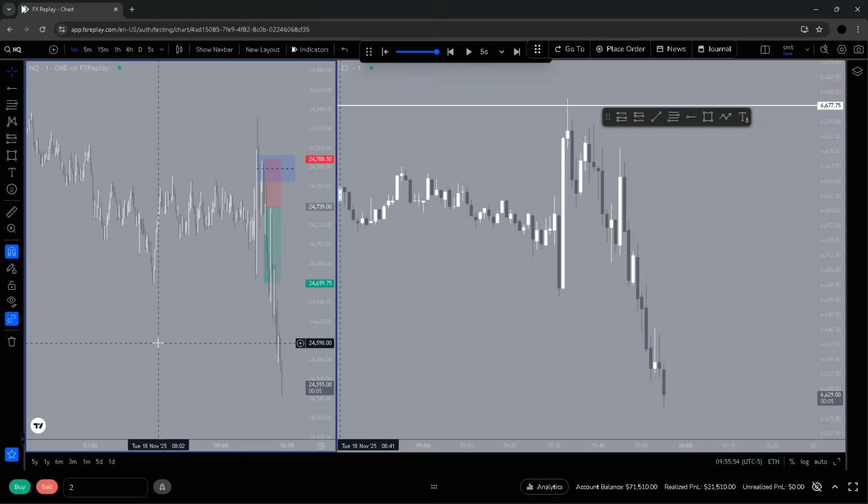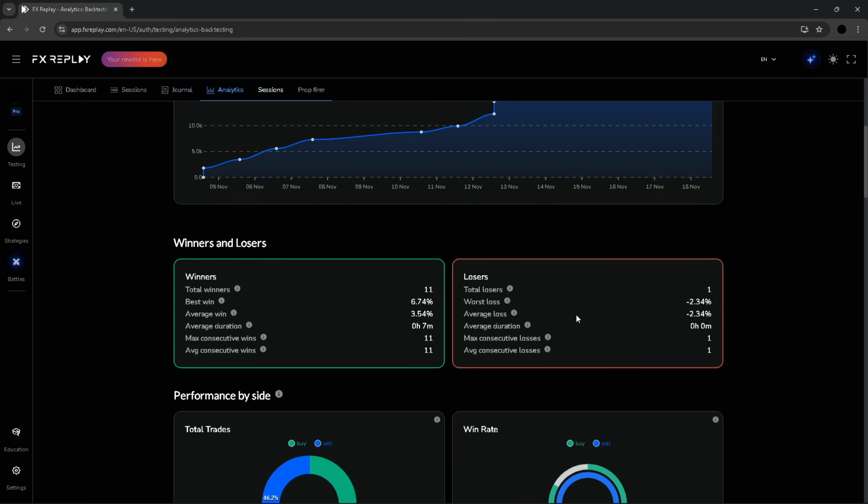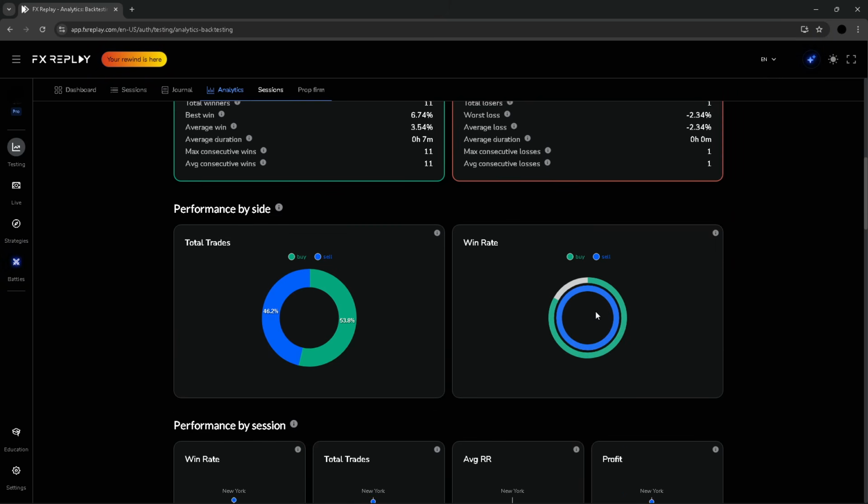We misread that one, but the thing is, guys, you have human error, and sometimes you will take a loss. I'm pretty disappointed with that, but I'm going to end it off at a 91% win rate with 13 trades. 12 trades, actually. One of them at the start was a break even due to pressing it on ES. But 11 wins in a row and 1 loss, guys. That's what we like to see.